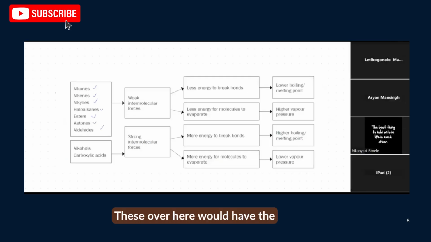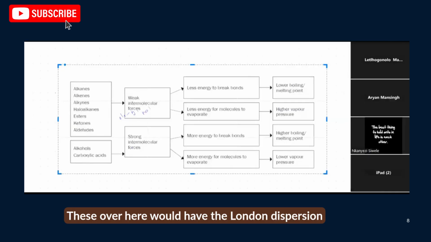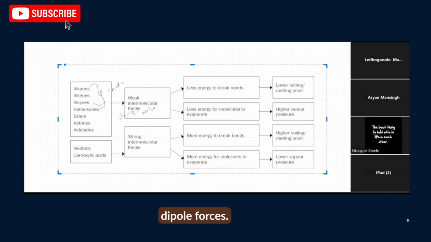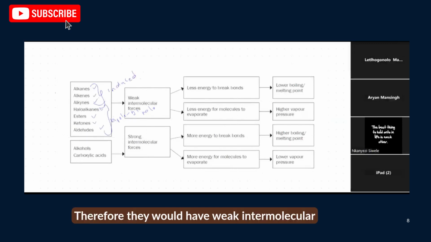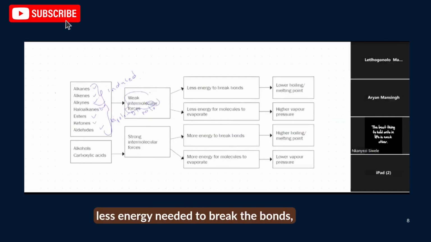These over here would have the dipole-dipole forces. These over here would have the London dispersion forces, or what we know as the induced dipole forces. Therefore, they would have weak intermolecular forces, less energy needed to break the bonds, lower boiling point, higher vapor pressure. Now, the way they have drawn them here, or written them out here, shows you which one has